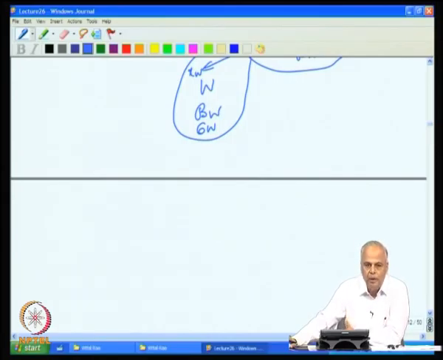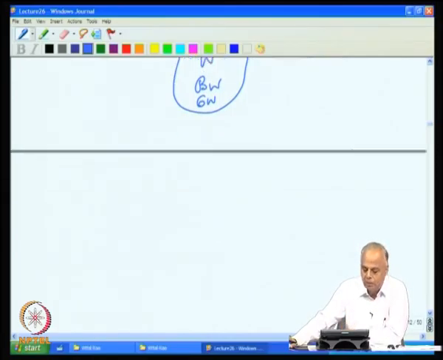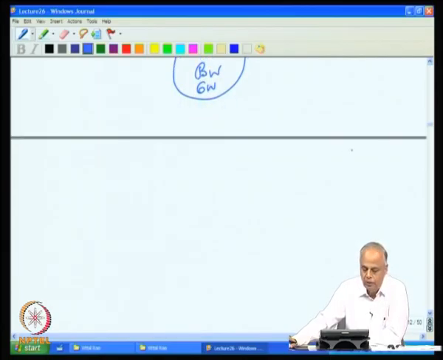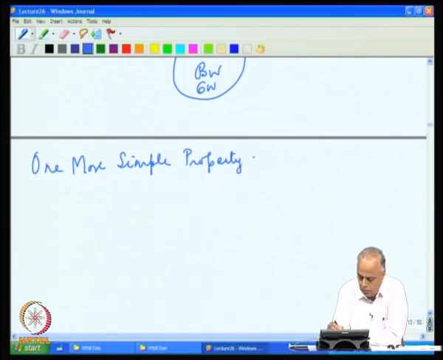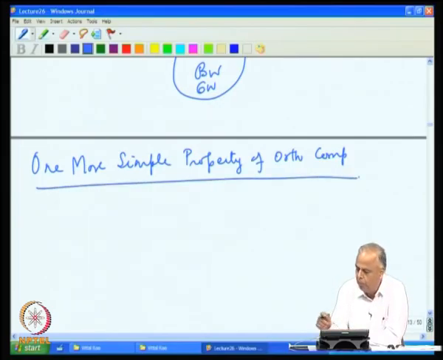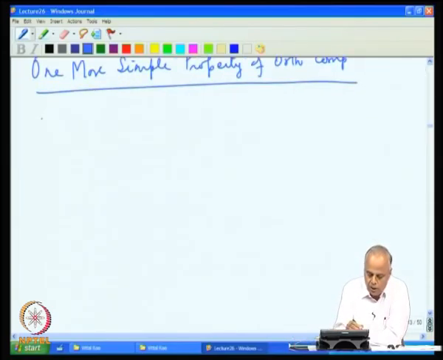Now, we shall focus mainly on the problems connected with matrices, and therefore, we shall look at matrices and the subspaces and their orthogonal complements. In order to do that, let us first look at one more simple property of orthogonal complements. So, let us take R^k and W a subspace